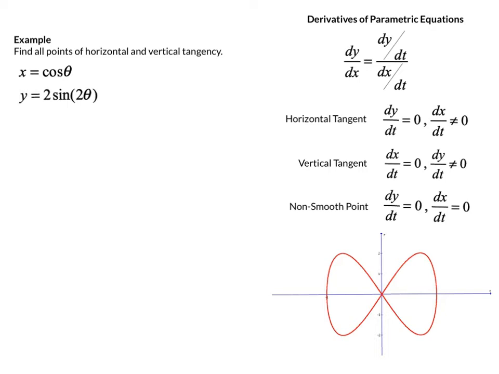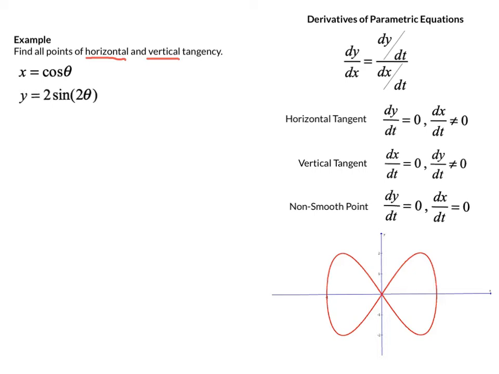And we see this kind of figure 8-shaped graph here, and we're trying to determine points of horizontal and vertical tangency on the graph. And so if we think about what that means to find horizontal and vertical tangents on the graph, we can see them, we can visualize where they are here, but how do we find their exact location? And it comes down to the definition of the derivative, the tangent line slope defined parametrically, which states that